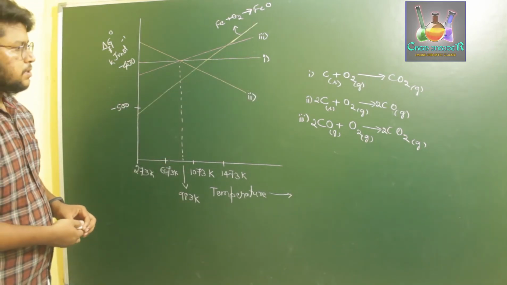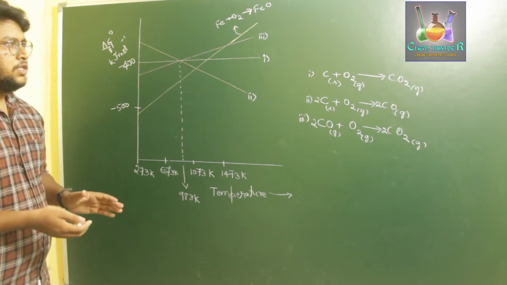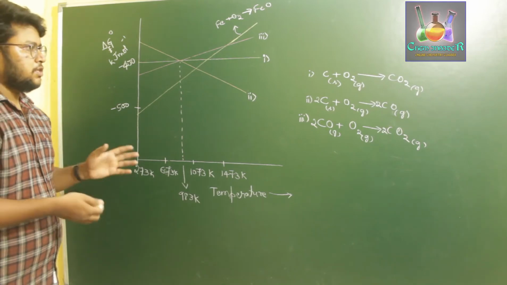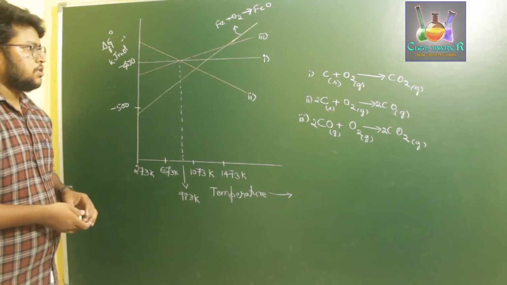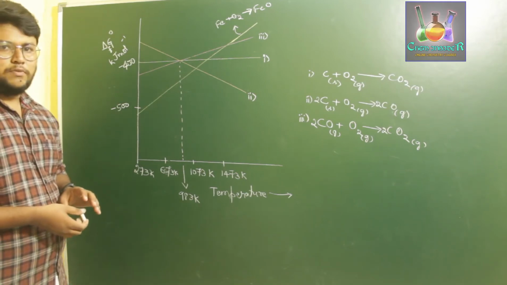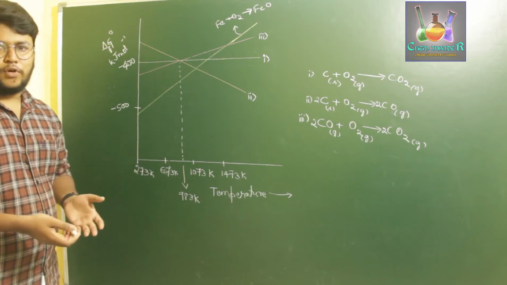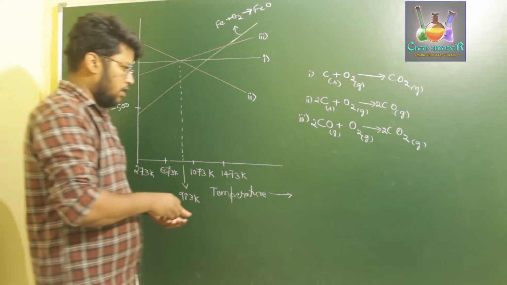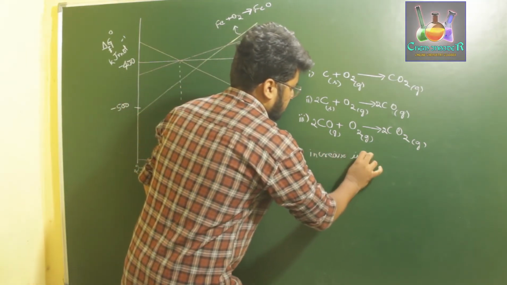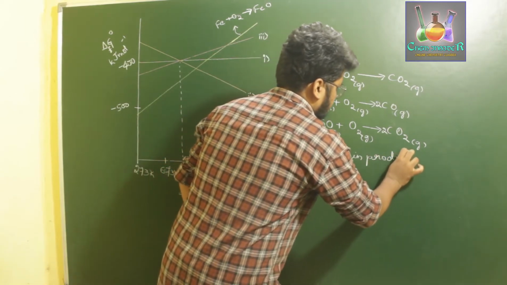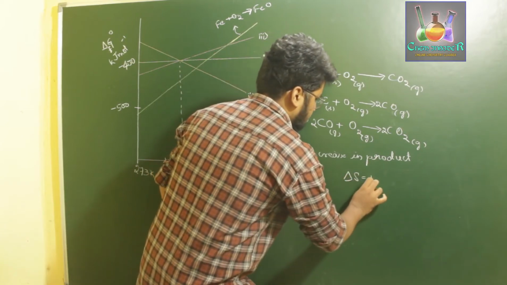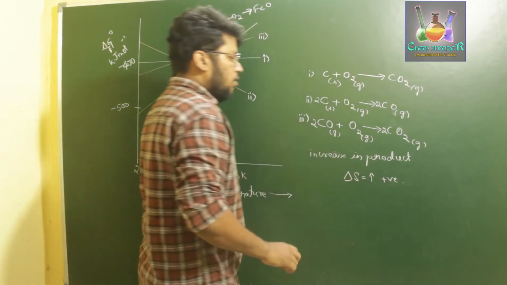Now if you observe these 3 reactions, a gaseous molecule is being consumed for the oxidation process. For the delta G curve of formation, as we have discussed earlier, if there is an increase in product formation, that indicates that delta S is increasing. That means delta S becomes more and more positive.